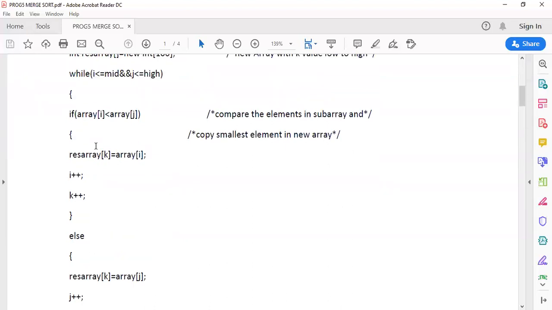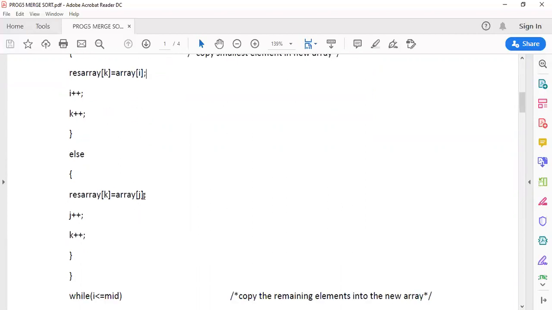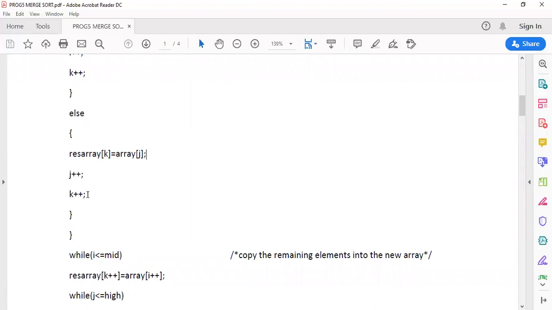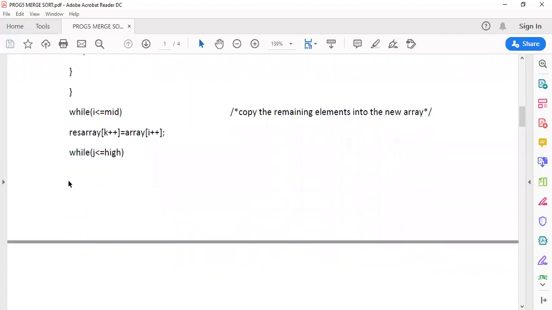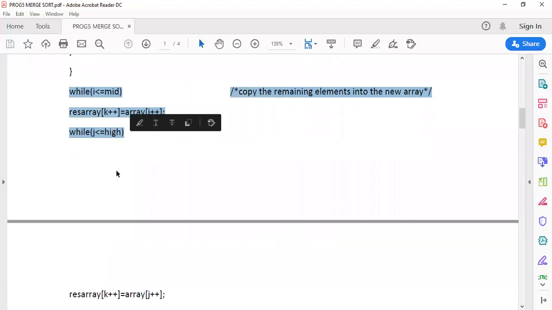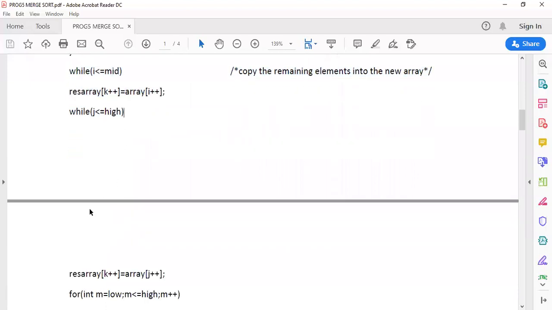Otherwise, if the smaller element is present in the right array, that is a of j, then we copy that smaller element into the new array and we increment the j and k pointers.